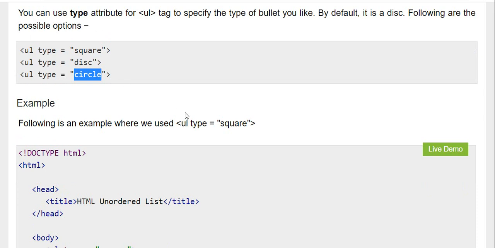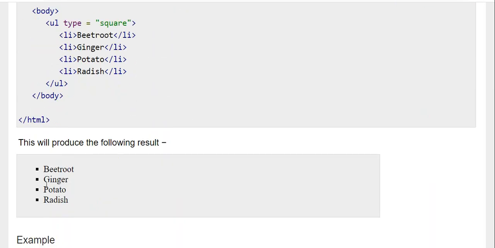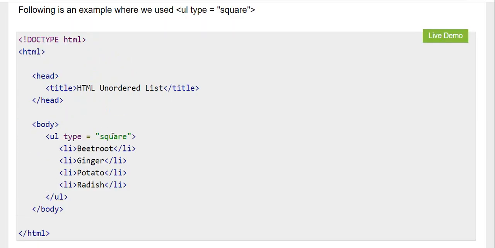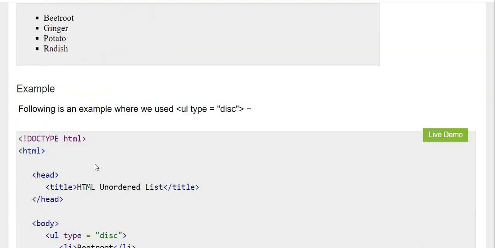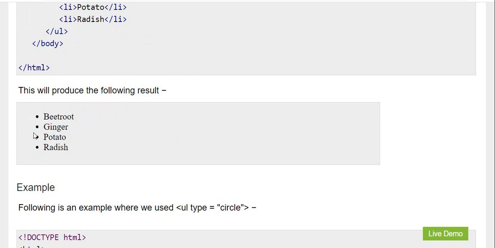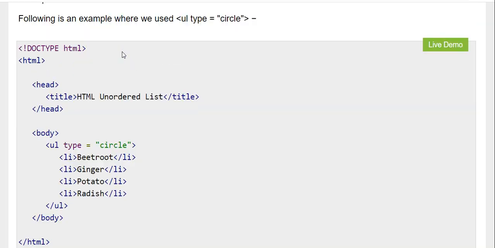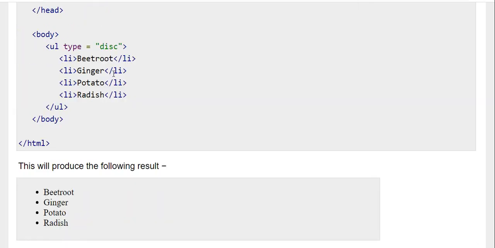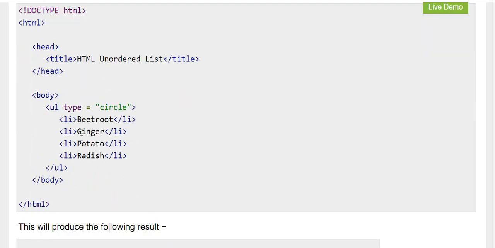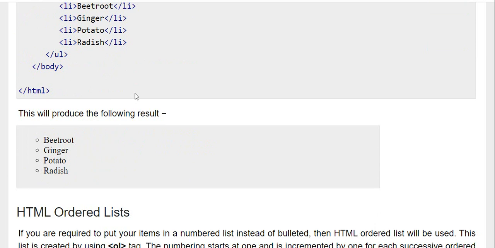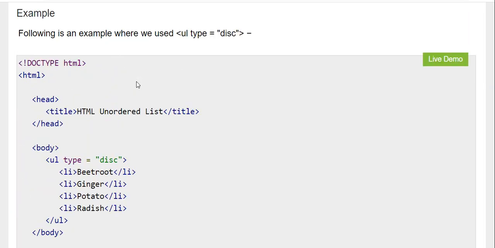If I write square, the items will come in squares. If you make it a circle, they'll come as circles. Disc is like a bullet. So these are the different types of lists, and these all come under unordered lists.